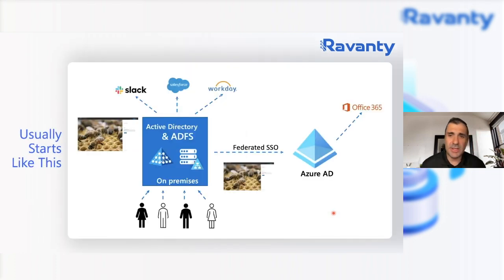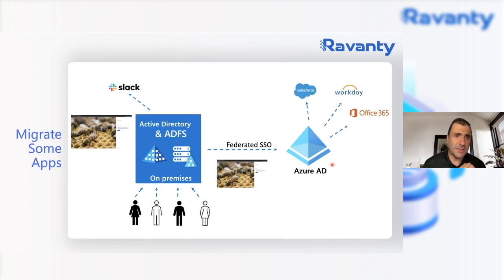So it usually starts like this in a typical ADFS environment. We have your Active Directory, we have your ADFS environment. Here below, we have our users, right? We have our users who are logging into our ADFS environment. We have our different SaaS applications here that are integrated directly with our ADFS environment. And we have our normal ADFS logon page. When users go to Azure Active Directory, they enter their username. It redirects them back to ADFS. They authenticate on the screen, and then it passes them back to Azure Active Directory, and they log on to their Office 365 applications. So it usually starts like this.